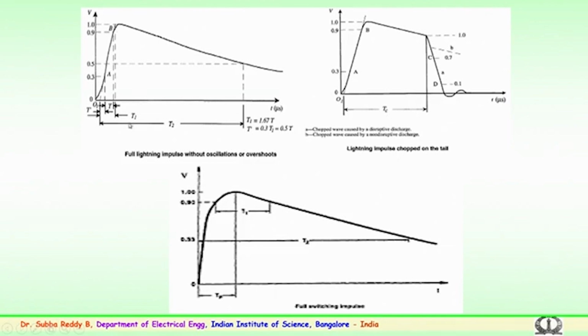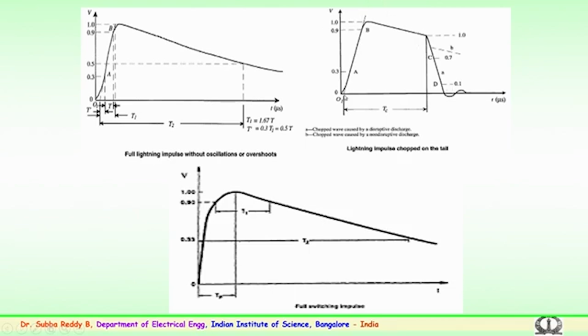The full lightning impulse without oscillations which is shown here is from 0 to 1, where it shows the magnitude, and the time to front is calculated either from 10 to 90%, in some cases 30 to 90%, depending upon the oscillations which are seen here. The time to tail is taken at 50% of the total magnitude. So, that is a typical lightning impulse or lightning surge waveform which is used for the application of various components to check their performance in the laboratory before it is being used in the transmission system.